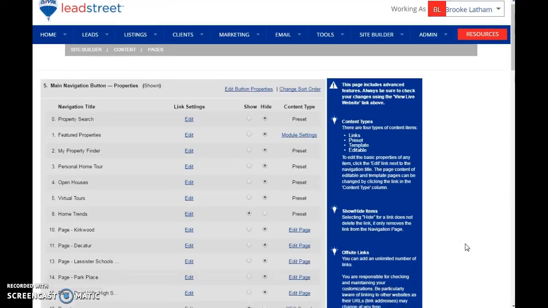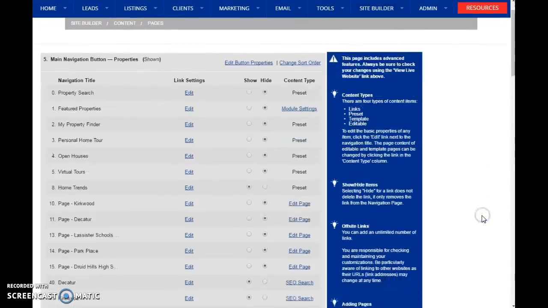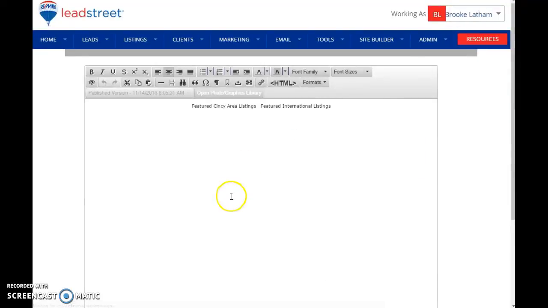So the first place I would start is I would go to Site Builder, Content, and Pages, and I would add a page, and I would name it All Featured Properties. And I'm going to go ahead and click on Edit Page. I haven't linked anything. We're going to walk through this together, but these will be links, and you could actually upload images and have them link off if you wanted to. It just depends on how you want